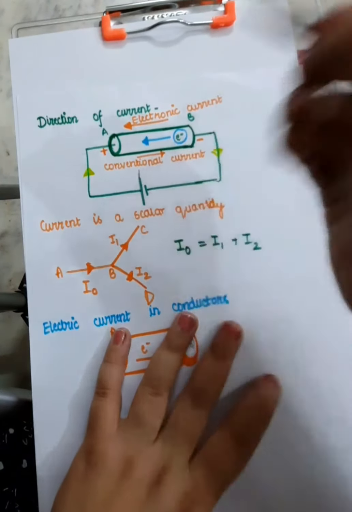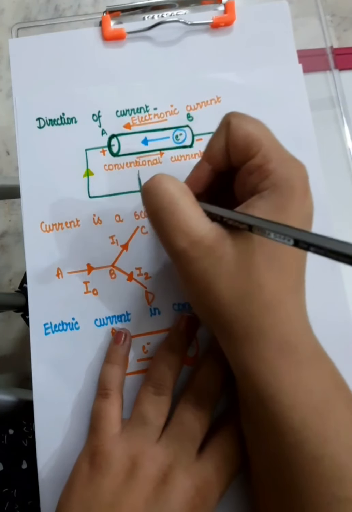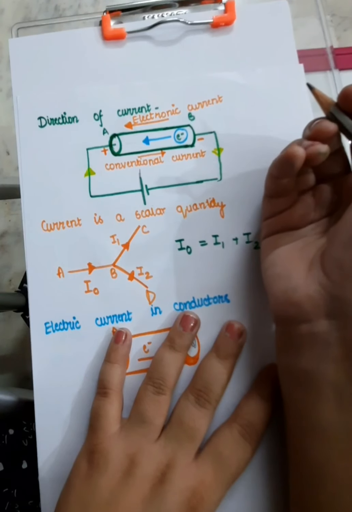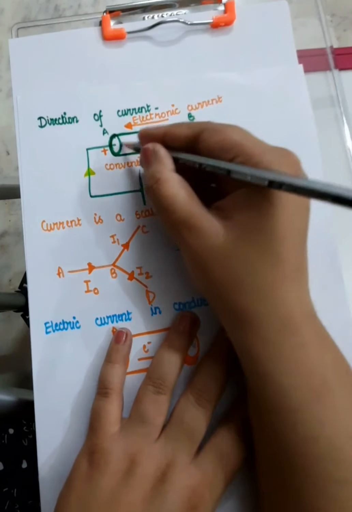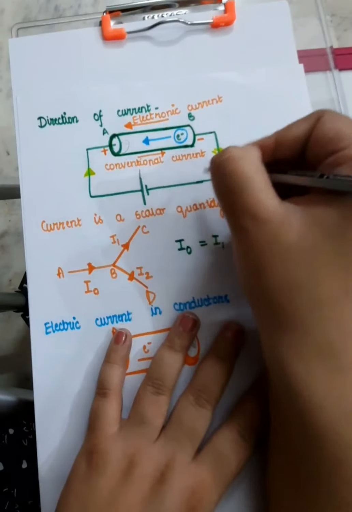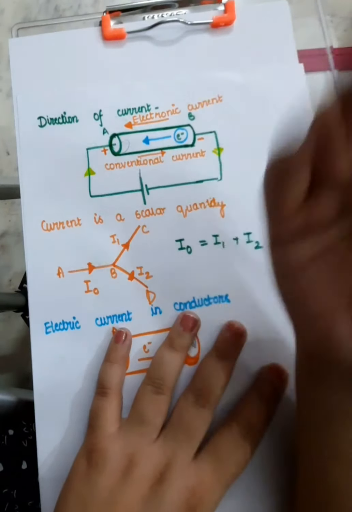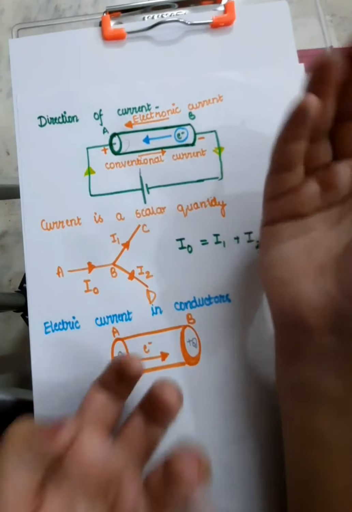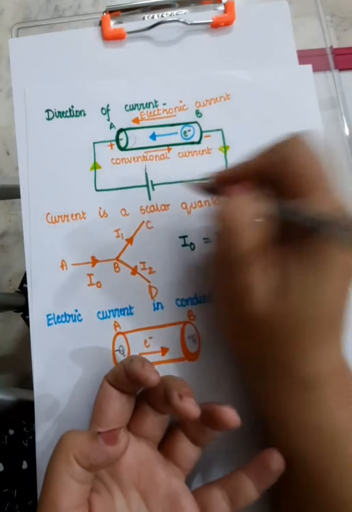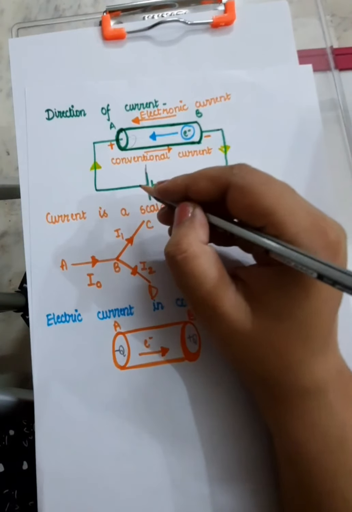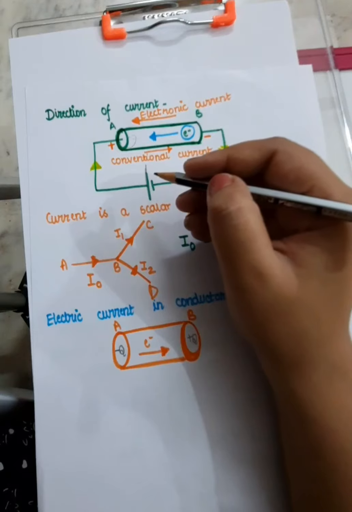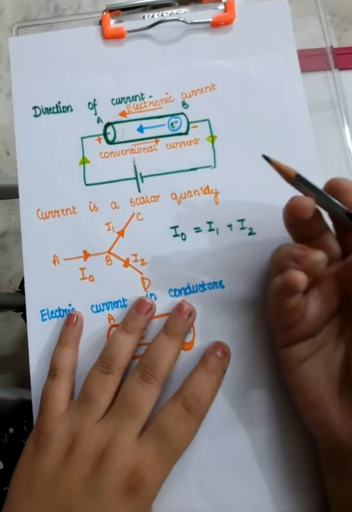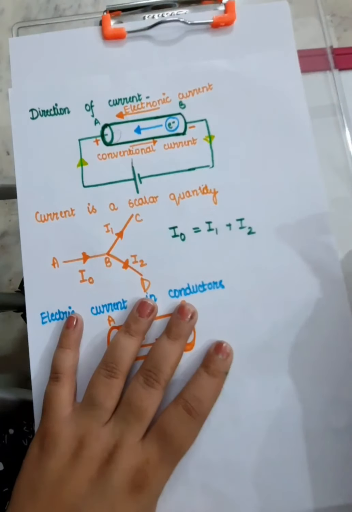I know that when electrons are flowing from here to here, there must be positive ions also in that conductor, though slowly, but they will be moving. So they will be just advancing towards this negative terminal. मैं उसको current मान लूँगी, उसको एक conventional current मान लूँगी, क्योंकि if I consider that the flow goes from positive to negative, flow goes from higher potential to lower potential, which is suiting the best convention, right? So this is the direction of current, where we study electronic currents and conventional currents.